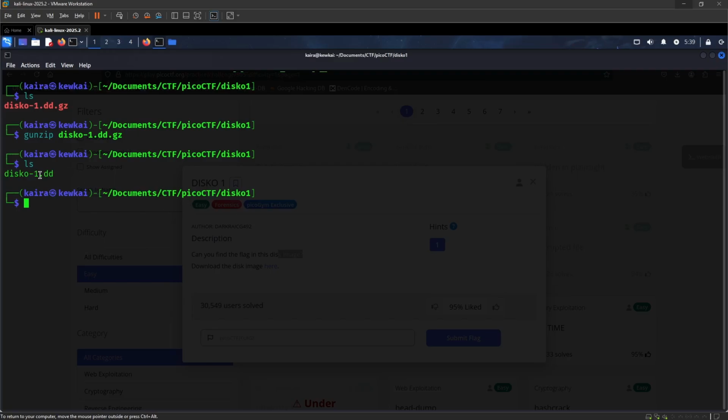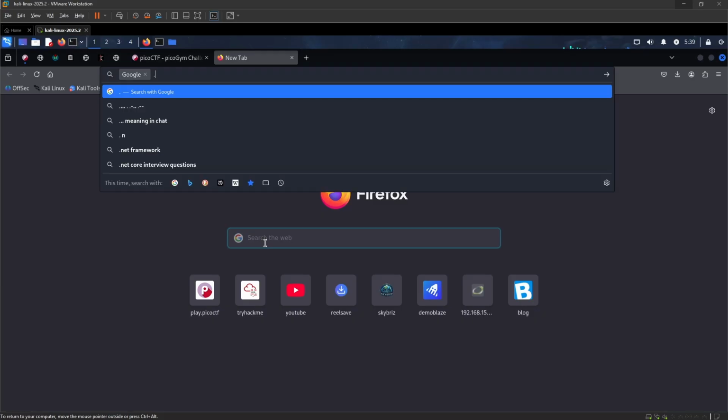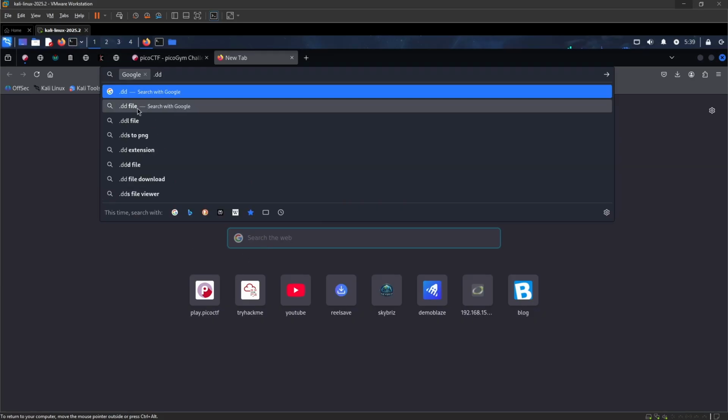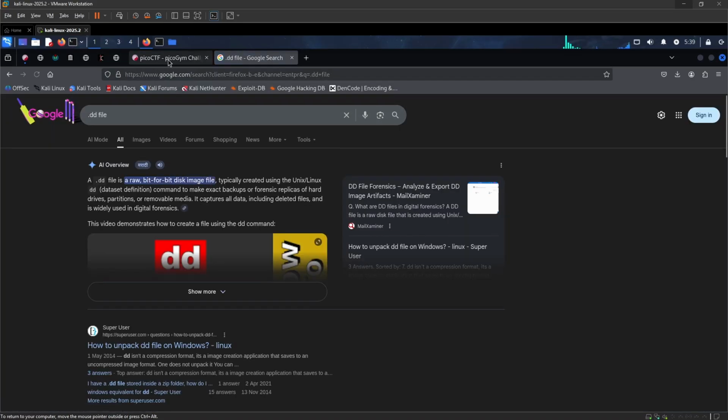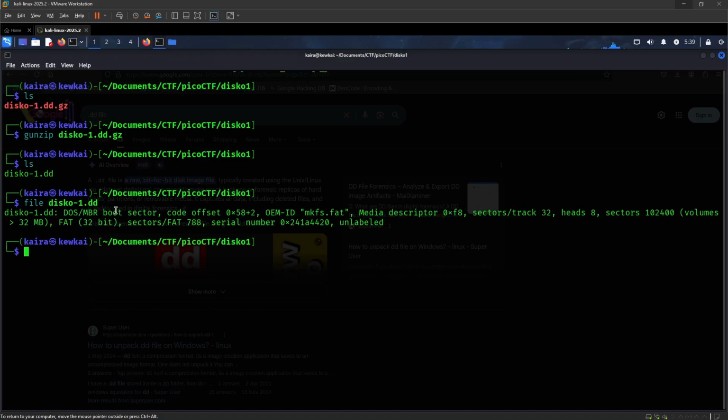Now it says .dd. What do we understand by .dd? Let's just google it. What do we mean by a .dd file? Because to solve this we need to understand what this file is. If we do file disco, I'll do tab.